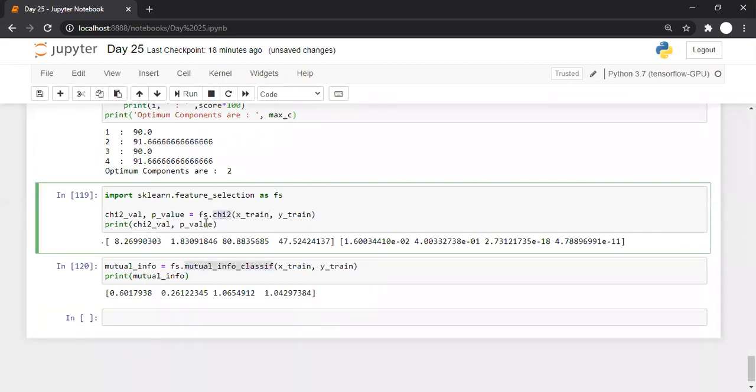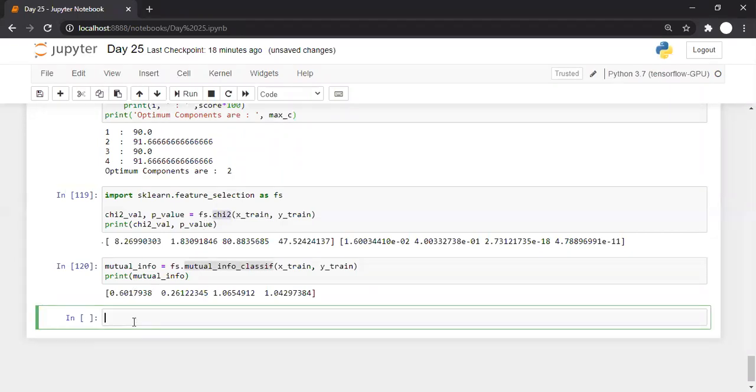And this is called chi-square. So how can we use this? If I want to use this, the coding is very simple.